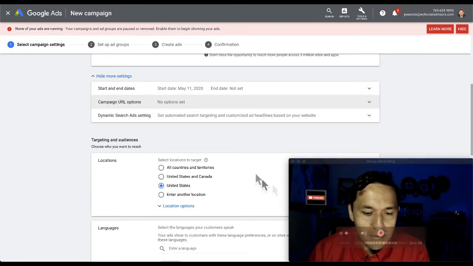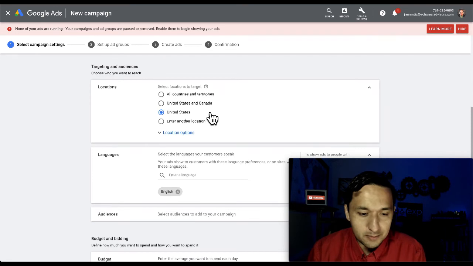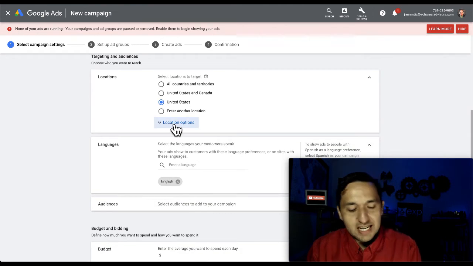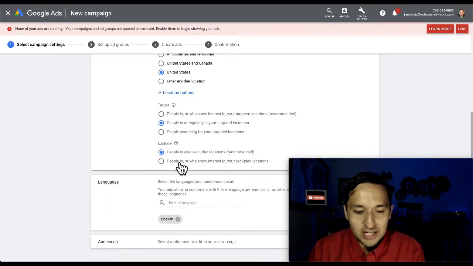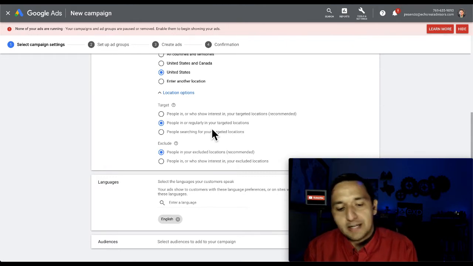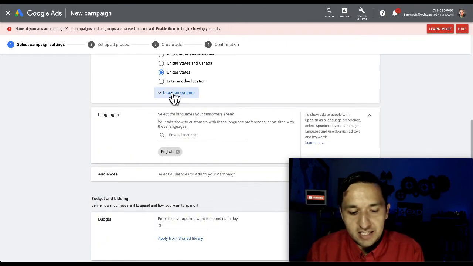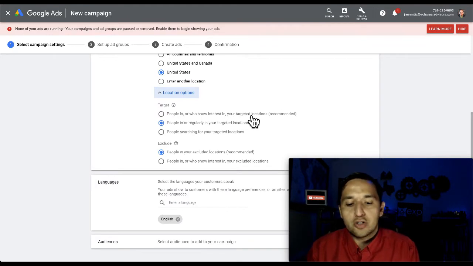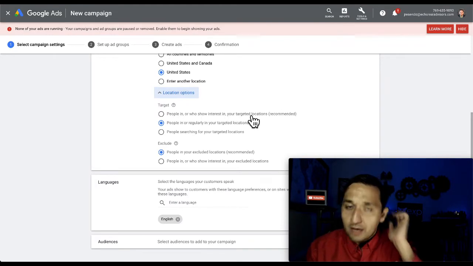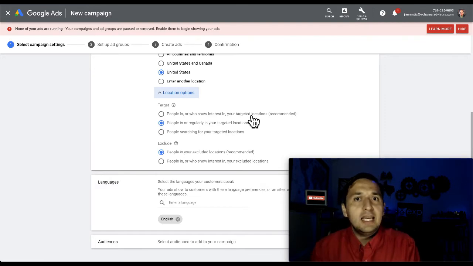And I'll show you what that means in a couple of seconds or minutes. All right, so locations. This is where you have to select the actual location where you want to advertise. So you see, target people in or regularly in your targeted locations. A lot of people forget to drop down this arrow and go to people in or who show interest in your targeted location. So that means that if you're shooting for a listing in, let's just say, Fort Worth, and you